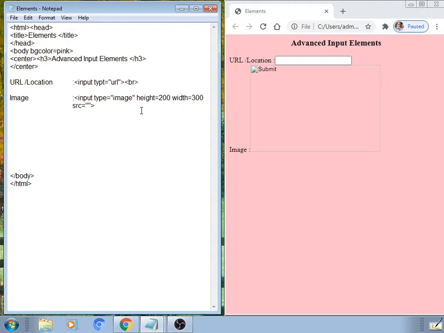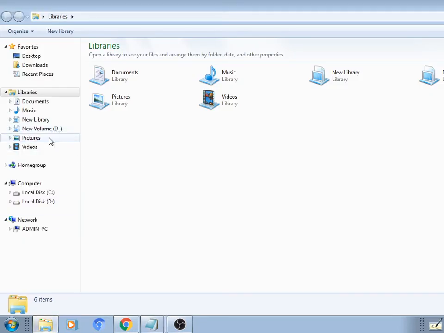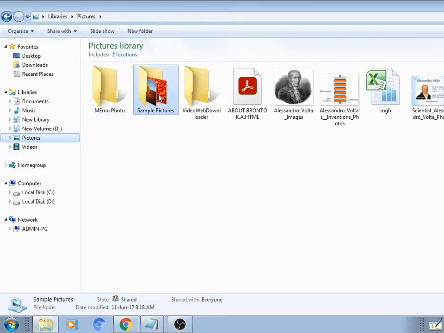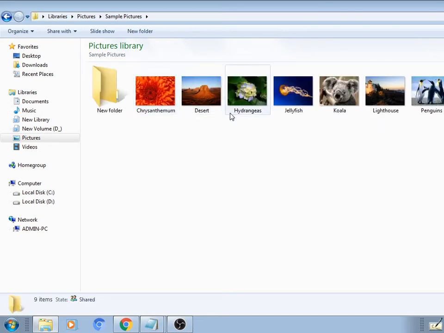So an image saved within your folder might be applicable, or you can use any address location as a source for that. Suppose here are some images, you can apply them by using their address, by copying here.